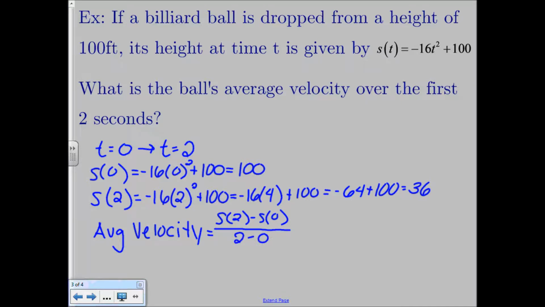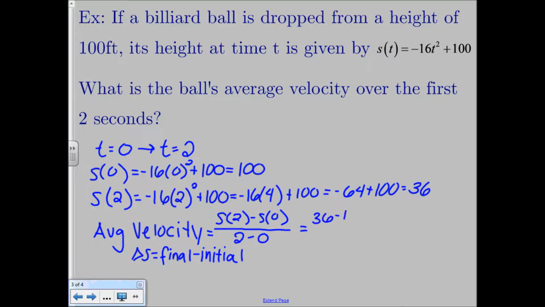And you always want to do your further time minus your initial time, because your delta s, I didn't mention this before, so your delta s is really equal to your final minus your initial position. That's what the delta symbol stands for. So if you ever take a physics class or anything like that, whenever you see a delta, it means your final minus initial. So we're going to get 36